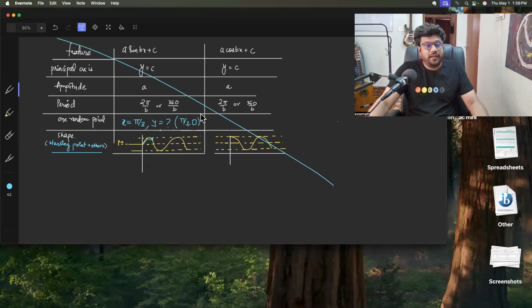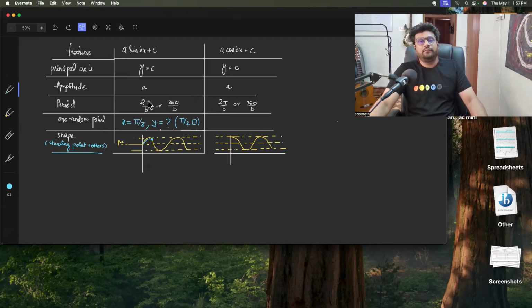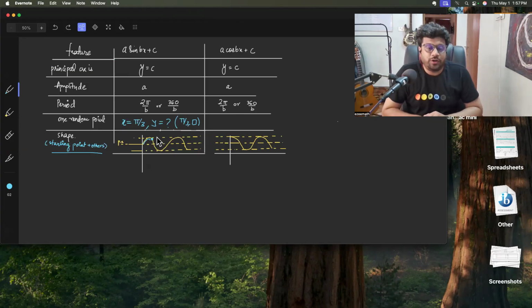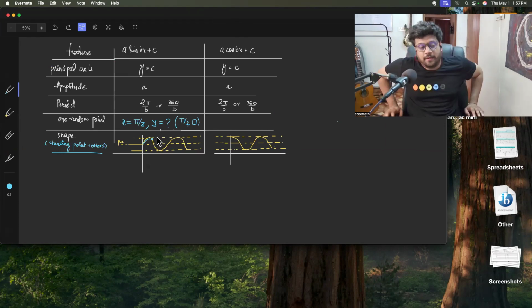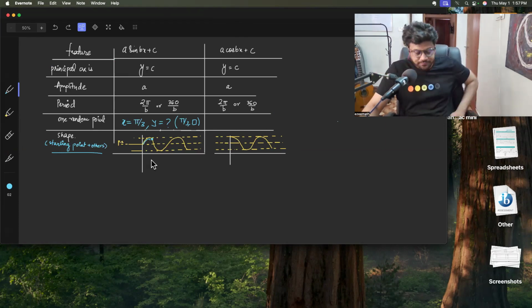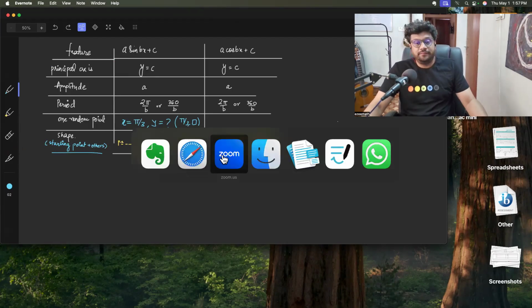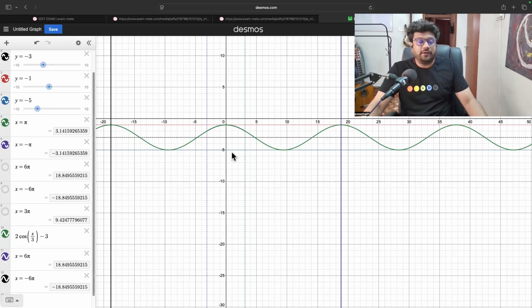This whole thing you're going to have to keep with yourself, serving as a guide for you to sketch. I could have taken one random point here also, over there, to figure out where the curve